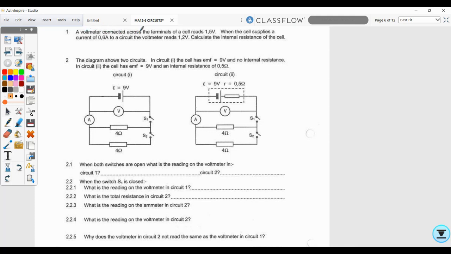A voltmeter connected across the terminals of a cell reads 1.5. When the cell supplies a current of 0.6 to the circuit, the voltmeter reads 1.2. What is the internal resistance of the cell? Now, please,